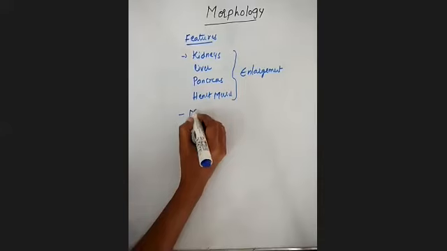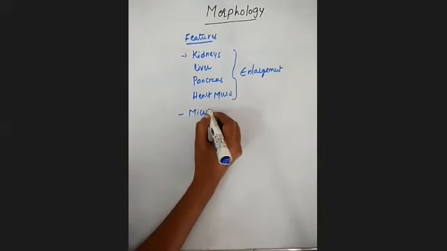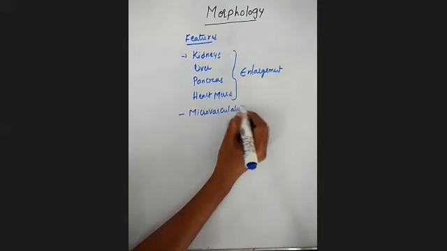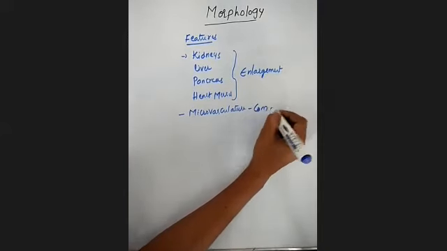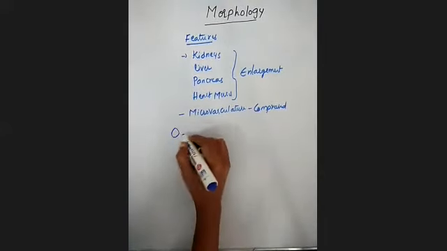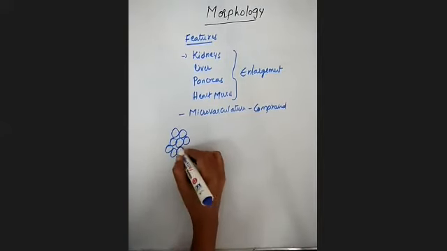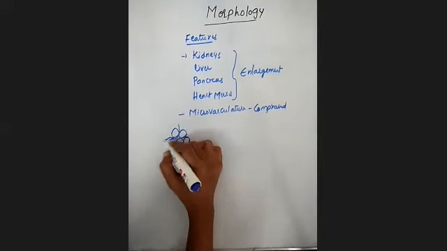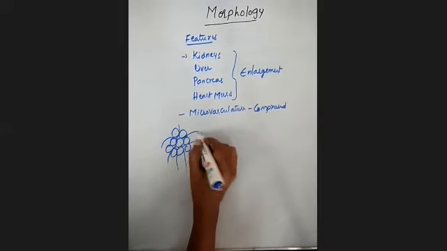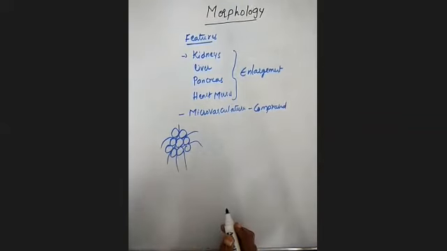Okay, next what you are going to observe is that the microvasculature is compressed. Why will you call it microvasculature compressed? Suppose you see there are different cells. In between the cells there will be a vasculature, the blood vessels. The blood supply will be present in between the cells.